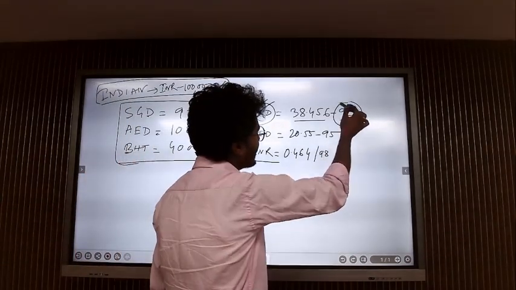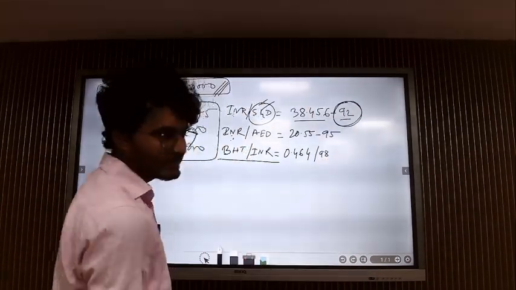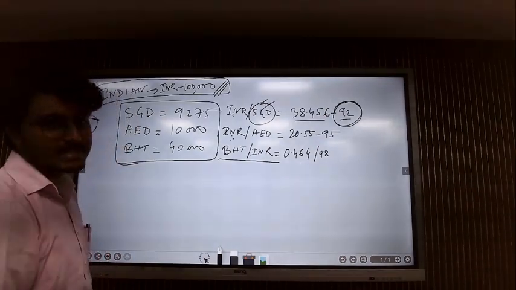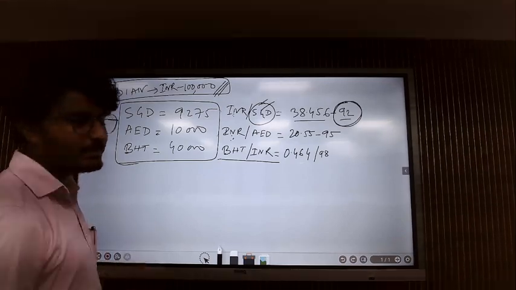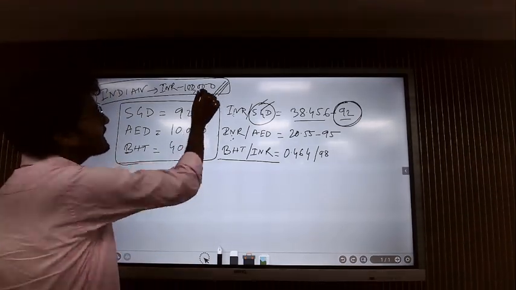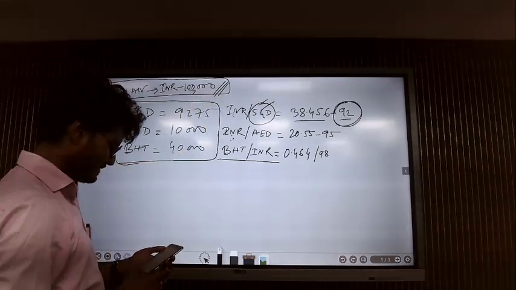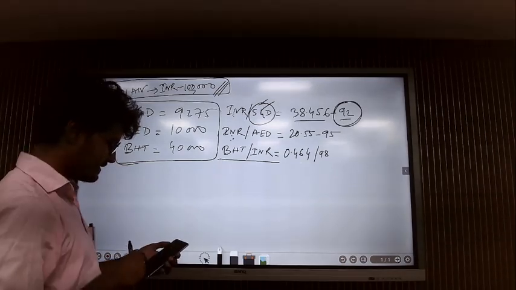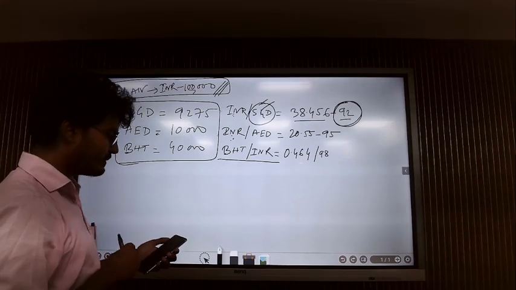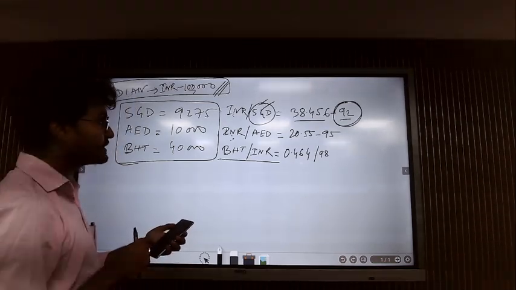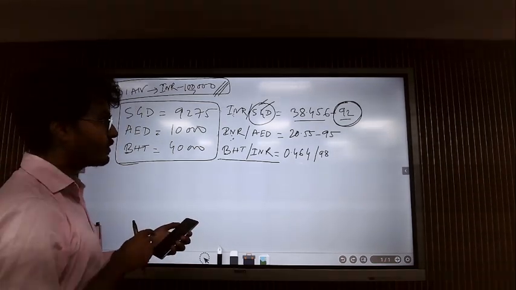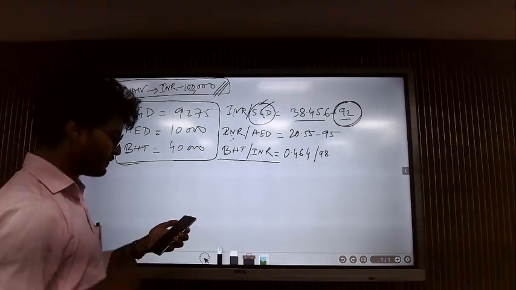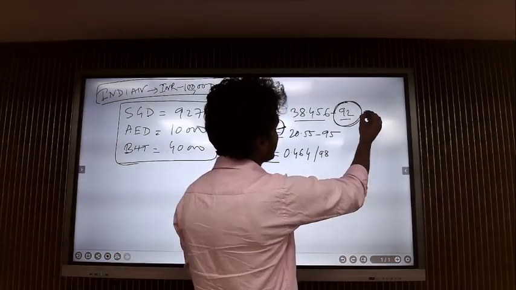So the ask rate will be applicable. So 1 lakh divided by 38.492,